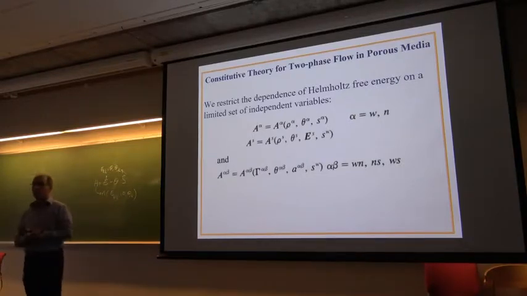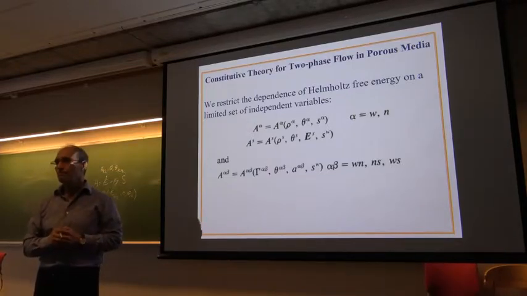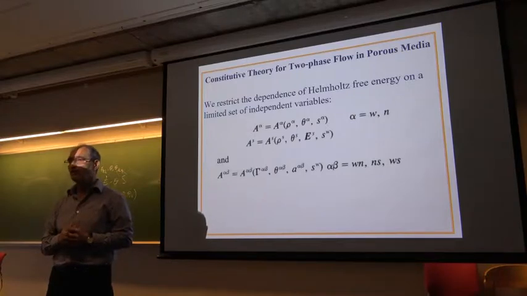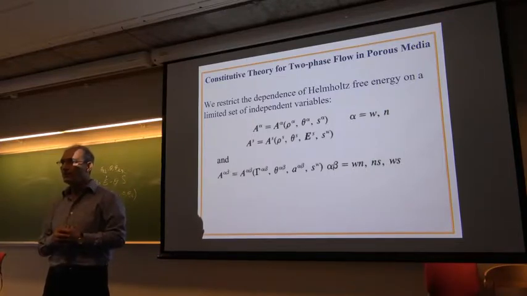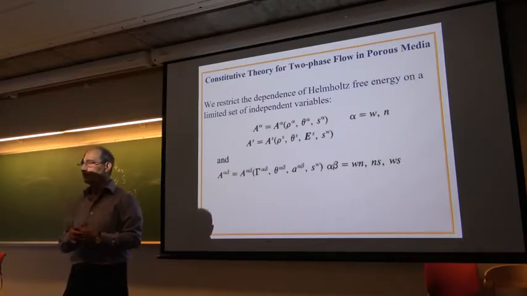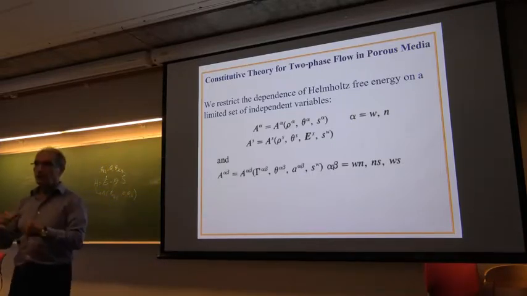Can I ask one? It's just a question about semantics, but normally when you talk about axioms, those are things that can neither be proven nor disproven. That's correct. But here you have an axiom where you say, if it doesn't work, I have to add something. So if you can say, with these parameters alone, I cannot describe the phenomena that I want to describe, then that means that your axiom is incomplete, doesn't it? It could be incomplete. That's correct. Okay, so that's a slight misunderstanding on my part.